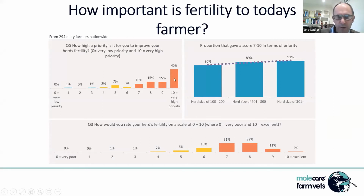Did a survey, and interestingly, 45% of farmers viewed fertility as a very, very high priority, which was a good number actually. And if we take all the 7, 8s, and 9s and 10s, we've got over 85%, 90% of farmers saying that fertility is a significant priority for them, which wasn't a big surprise, but it was good to see. But what was interesting is as herd size gets bigger, which is probably a likely outcome, farmers became more aware of fertility and rated fertility as of higher importance to their herds. And so when you get herd size over 300, 91% of those were rating them in the top